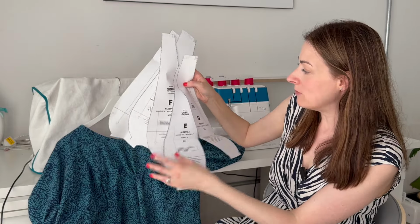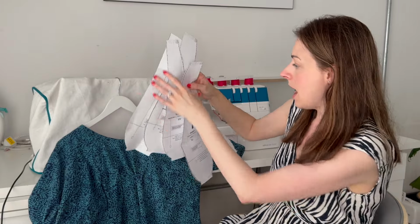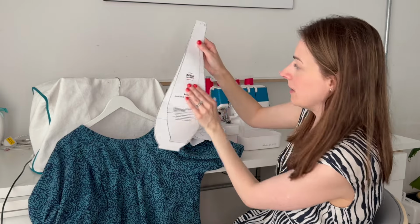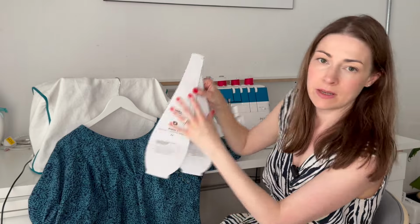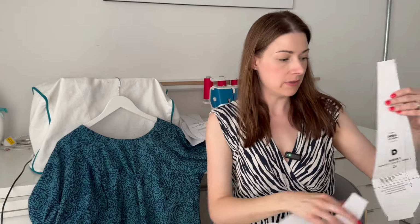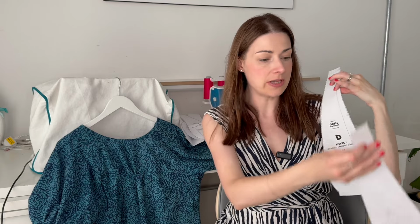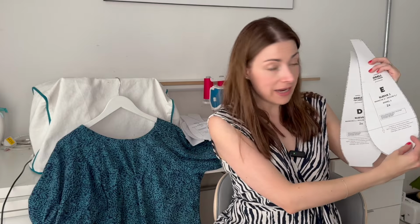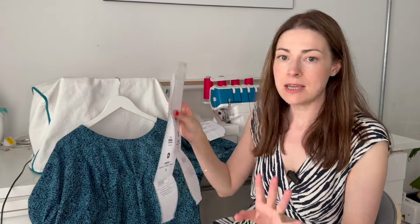I cut them out and left the pattern pieces clipped to the fabric. And the way you do it is you match the notches, obviously, as you always would. So imagine the front of the dress is panel C, and you attach D there with the single notch, and then there's 2 notches there, which you attach to the 2 notches on E, and then there's 3 notches there, which you attach to the 3 notches on F, and so on and so forth. But it is a lot to keep track of,